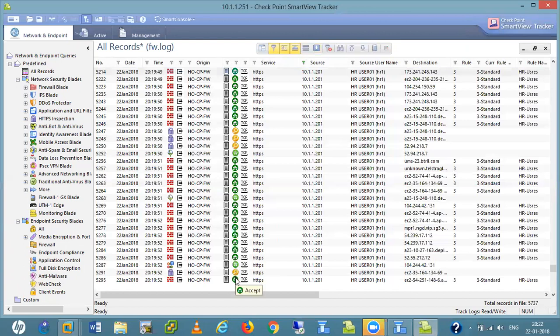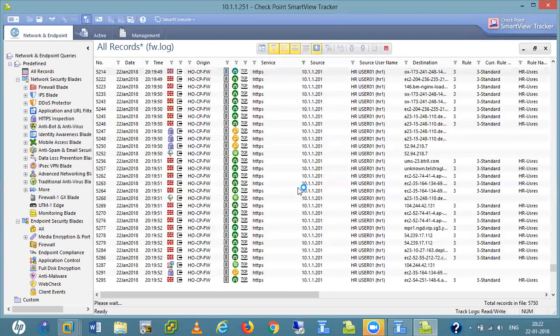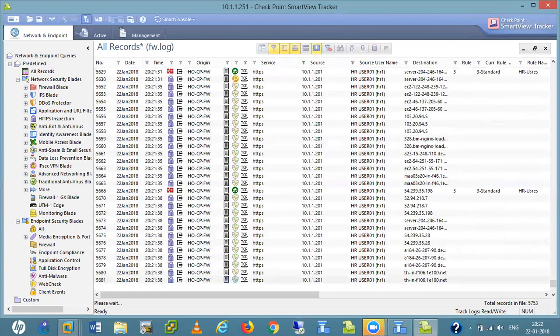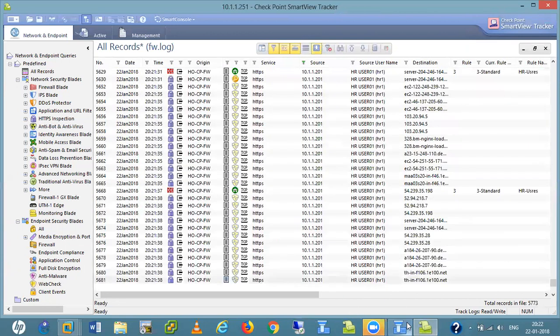Actually, there is also one symbol for bypass which I want to show you. Let me browse some traffic again.